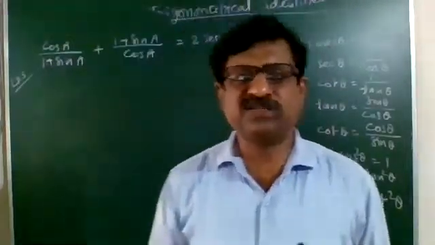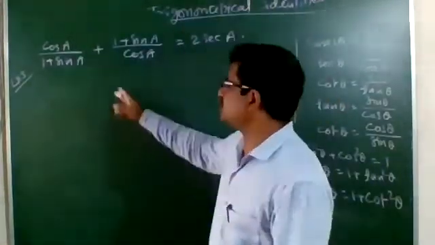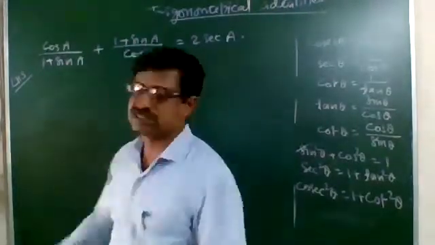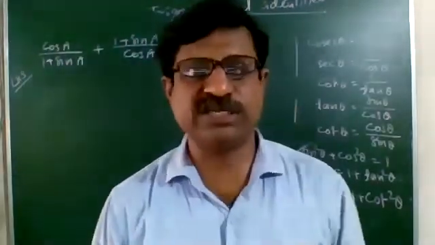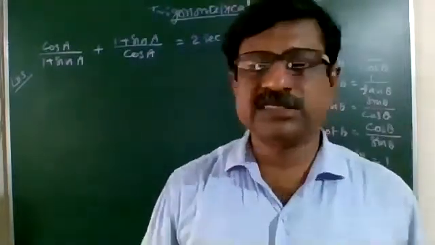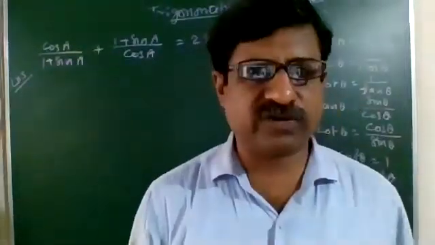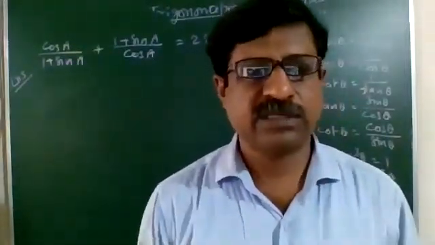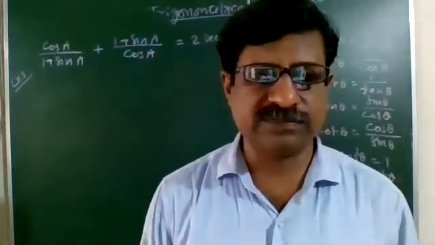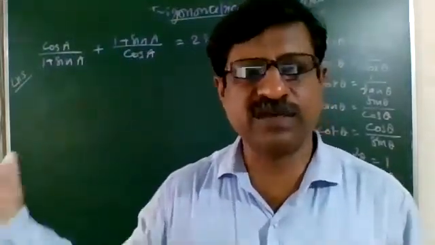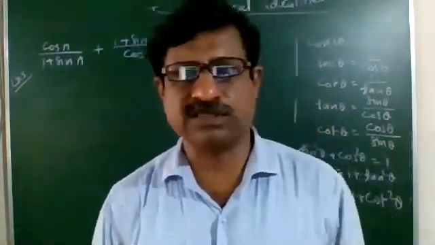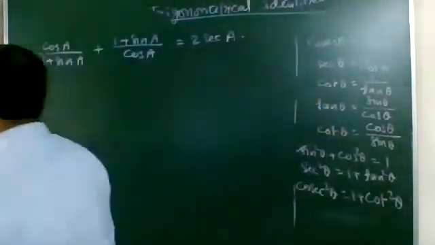Here we observe that each of the values is already converted in terms of sin and cos. Cos is given, sin is given, sin is given, cos is given. Therefore, we don't have to change any of the values. Instead of cos A, if it would have been cosec A, then we would have written this as 1 upon sin A. The same way, if sec A is given somewhere, then we would have written 1 upon cos A. Therefore, change each of the values in terms of sin and cos.